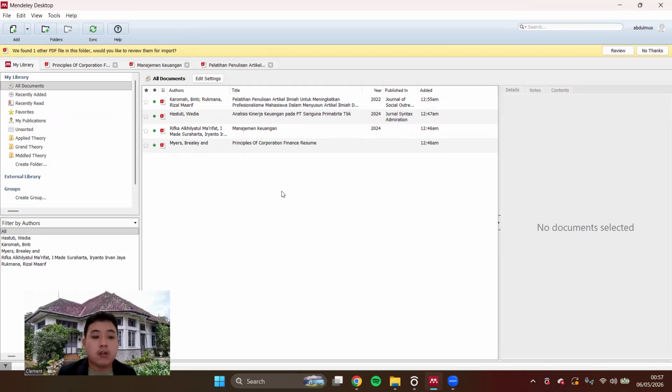Now, for the other two journals, whether it's an international journal or another national one, the steps are exactly the same. We still use the add files feature and perform the same metadata check. So I'll just show you the quick process here.